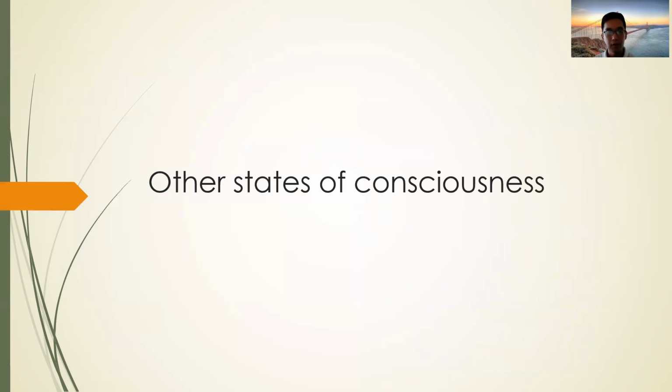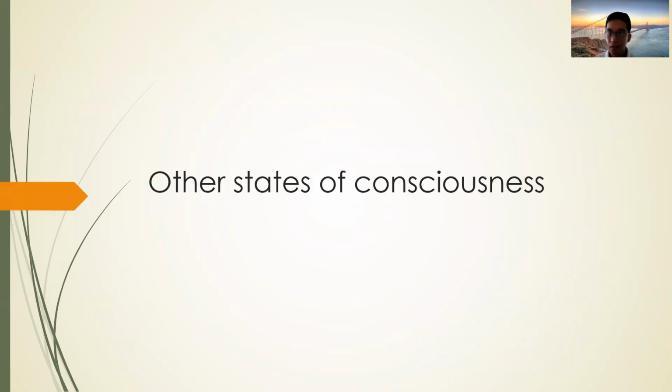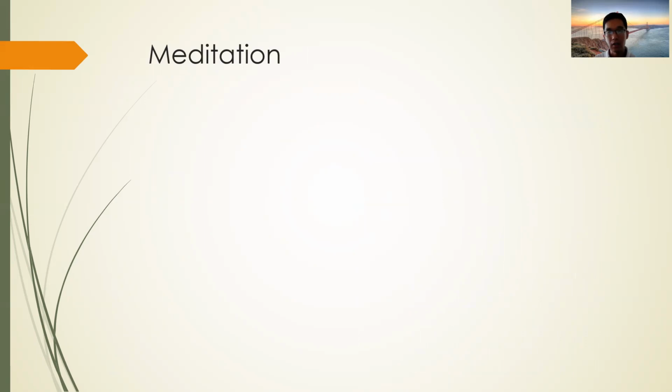Let's talk about another state of consciousness. In consciousness, there are different kinds of states. There's wakefulness, there's sleep. Also, there is a state in which people have hallucinations. Also, there are some other special states of consciousness. In the textbook there are a few, but in this video, let's talk about one type, that is meditation. Some people may have heard of it, or may have been involved in meditation before.